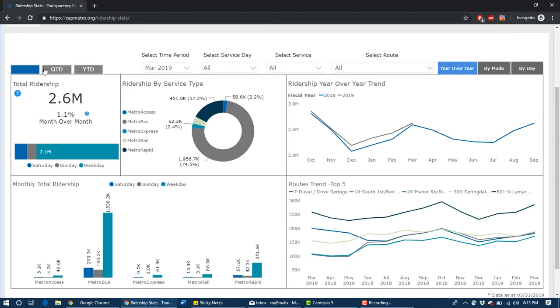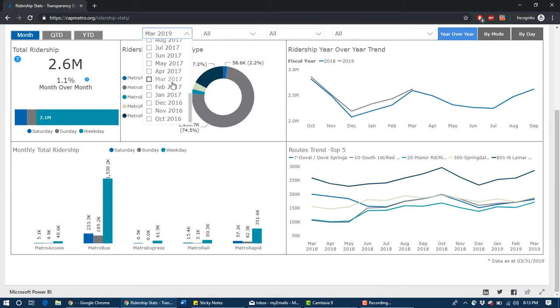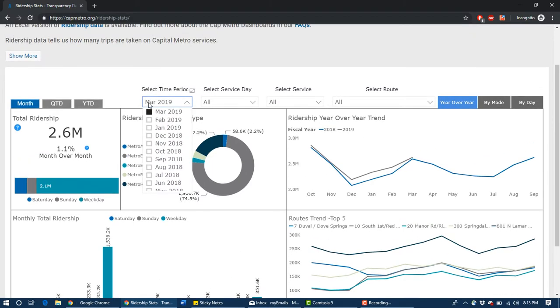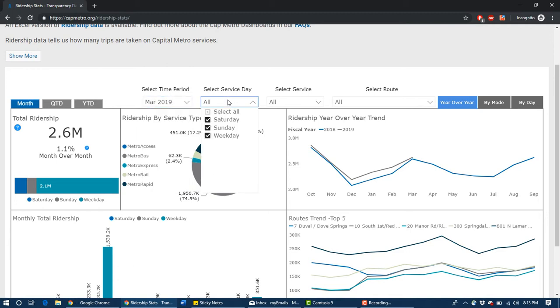If you look, you can toggle between these three buttons: month, QTD and YTD. The numbers toggle to the corresponding reference period, like month, quarter to date, year to date. The data goes up to the past 12 months, 13 months, sorry, it depends on the dashboard. In fact, Ridership takes the data for 24 months, whereas for the other dashboards, finance goes up to only 13 months. Apologies. This is the slicer drop down that we have allocated on top of